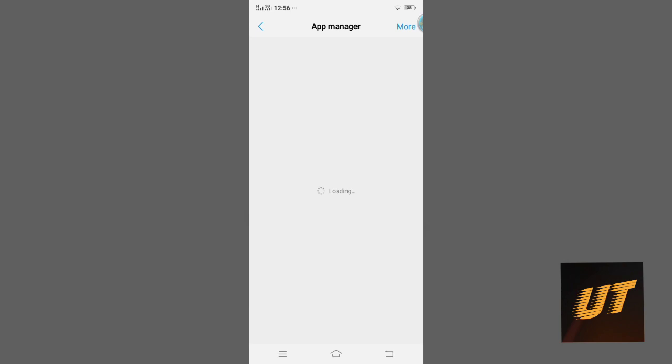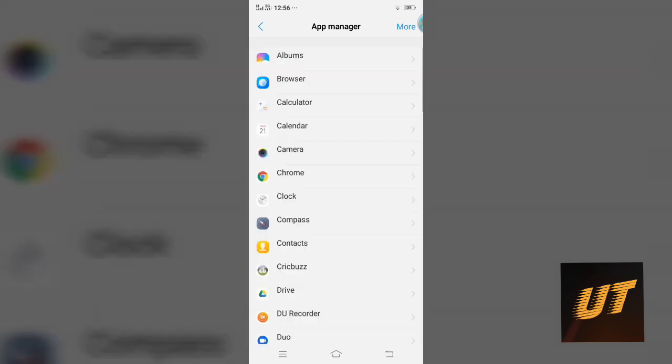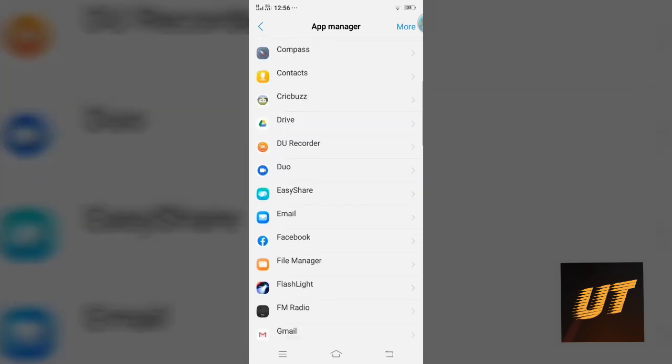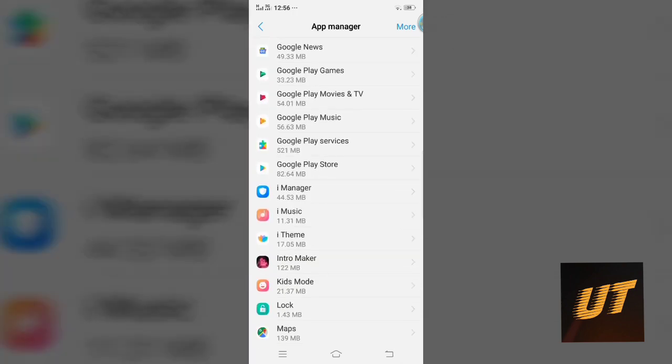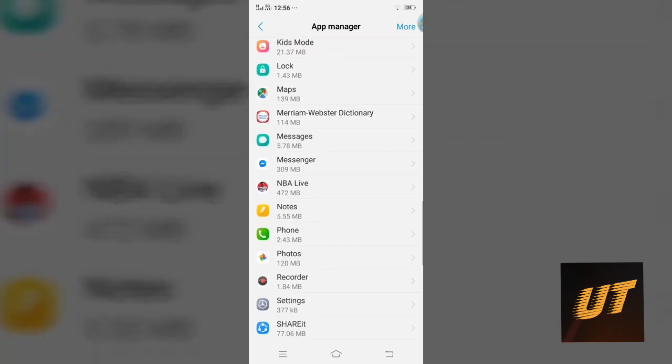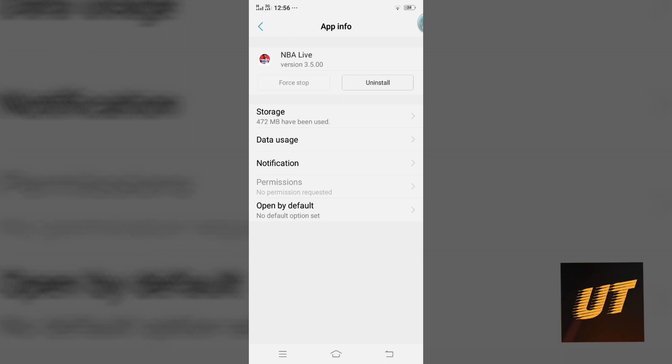manage apps, depending on the Android device that you have, and then find the app that keeps crashing or freezing and tap on it. So let's take one app as an example. I would take NBA Live, okay, and then the next step is tap clear cache,